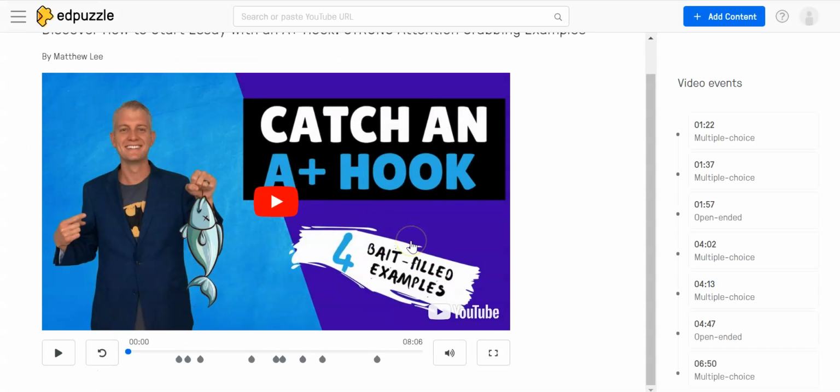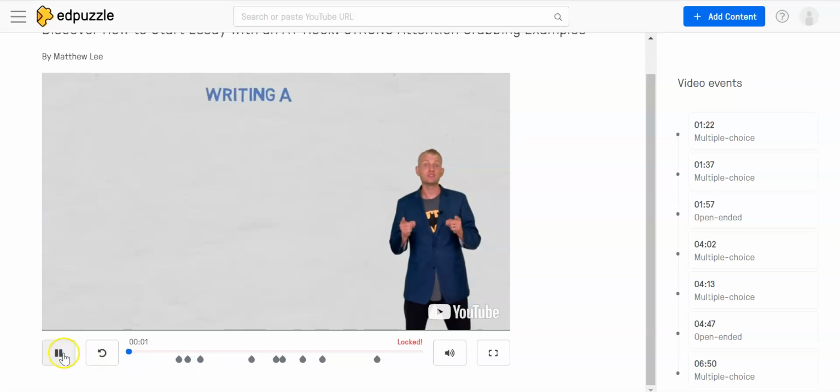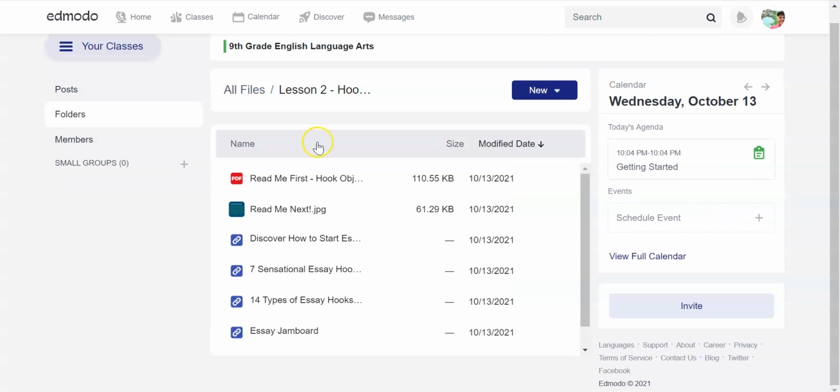And they'll click on that, and there are 9 different stopping points. Some of them are notes for them to see. Others are questions of something that they had just learned about. After they finish the Ed Puzzle, then they will click